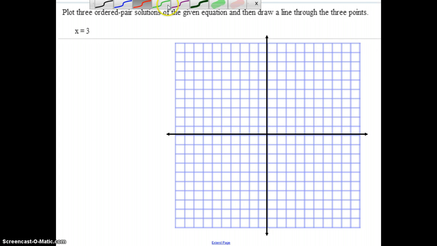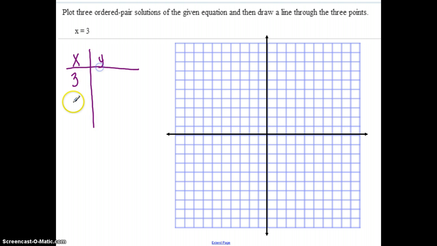Okay, on this one, if they want me to find 3 points, this one's a little different because it has x equals 3. So that means if I go to put x values here, no matter what I choose for y, the x value has to be 3. So 0, 1, and 2, it doesn't matter what it is, it would have to pair up with an x value of 3. So if I did 3, 0, 3, 1, 3, 2,